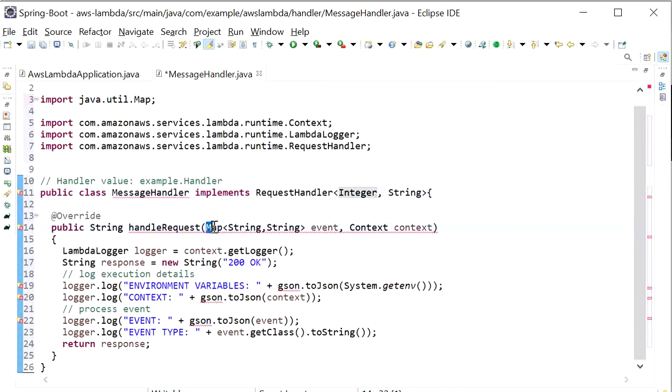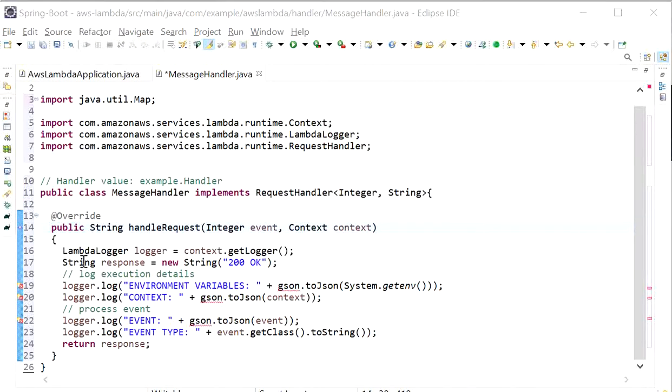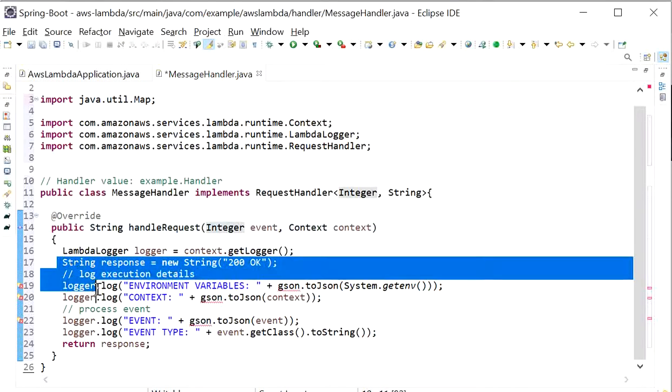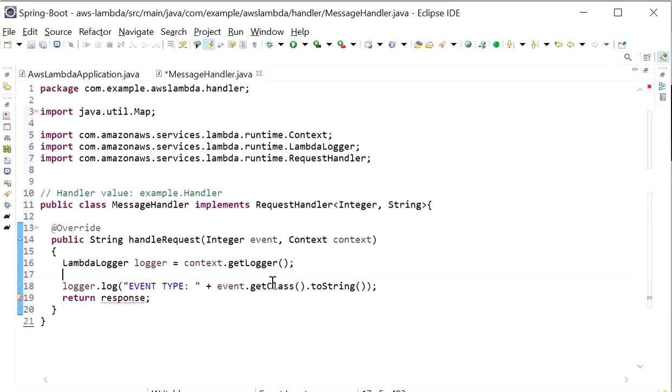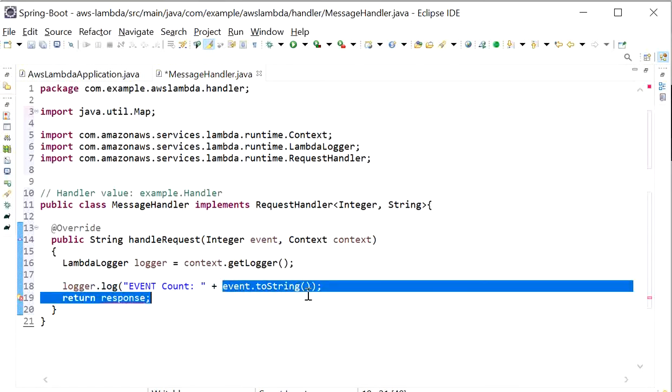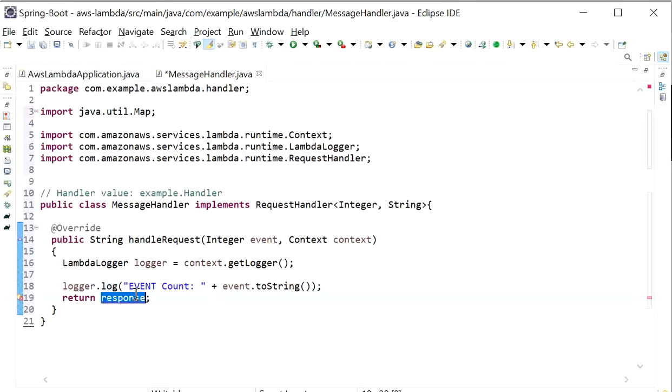And here the handler request will use the integer, and here we are using the Lambda logger to print the output. So here we will just remove it from here, and here we will just print the value, that is event toString, and event count, and here we will return the same value in the response.